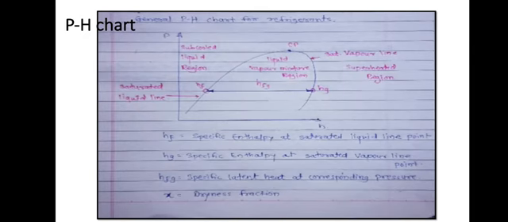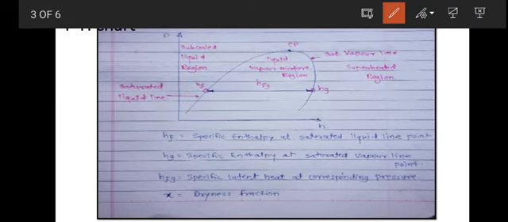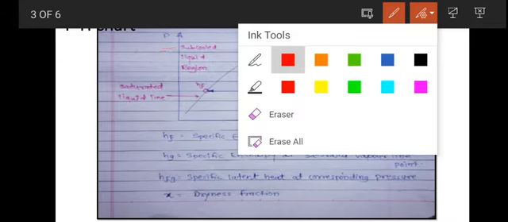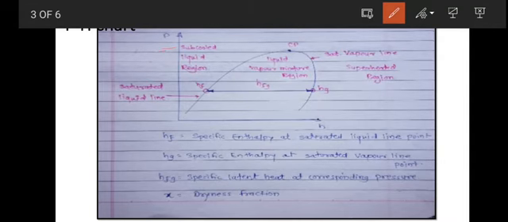Before going on to study how to solve problems based on the vapor compression refrigeration system, we must understand the p-h chart of the refrigerants. The p-h chart is generally used to solve these problems, and p-h chart means pressure versus enthalpy properties presented on a graph. In our chart, we have pressure on the y-axis and enthalpy on the h-axis.